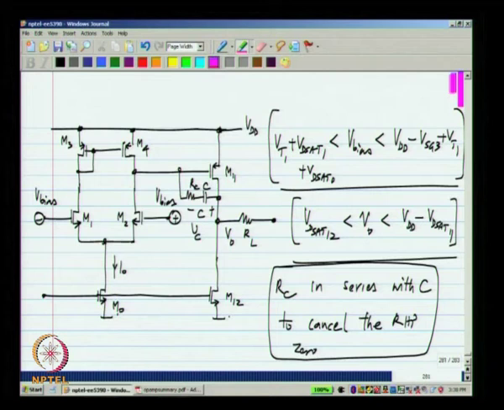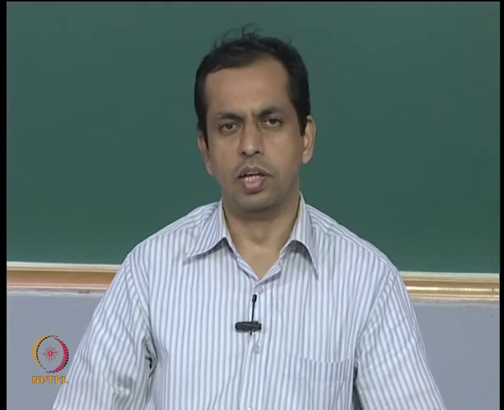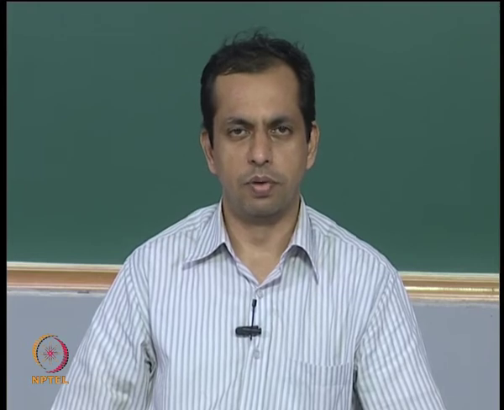It is implemented exactly as we did in the signal level, that is at the level of the transconductors. The value of RC has to be equal to 1 over gm11, in this case 1 over gm of the transistor M11. Now, to ensure that may be difficult if you use a real resistor. So, the resistor that you put there has to be matched to the reciprocal of the gm of the transistor M11, and sometimes what you can do is to implement the resistor also as a MOS transistor in triode region, so that the matching across process and temperature corners is good.